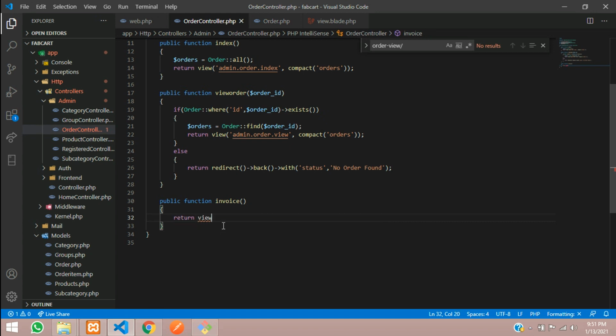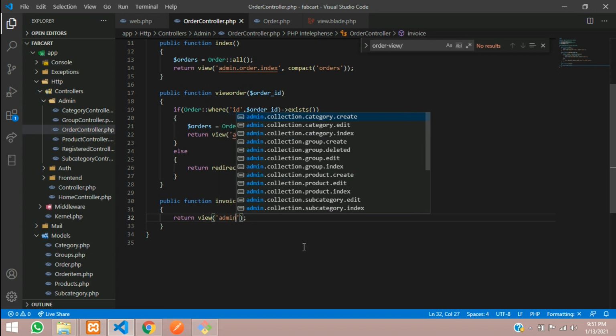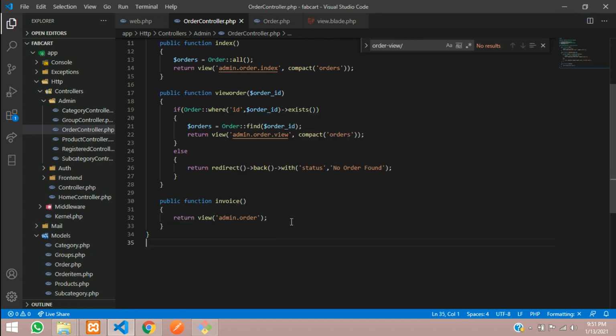So let's return view, and inside this I want to call admin folder dot order dot invoice. So let's copy this and go to this path, admin order, where we'll create an invoice page.